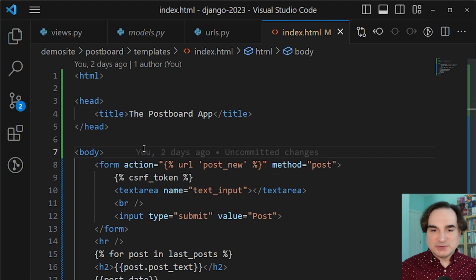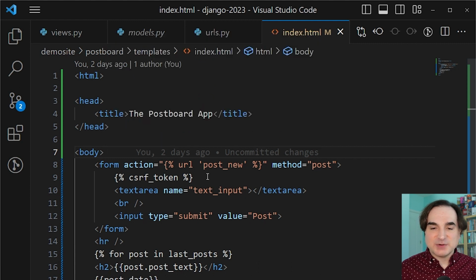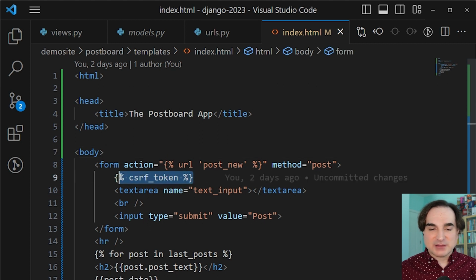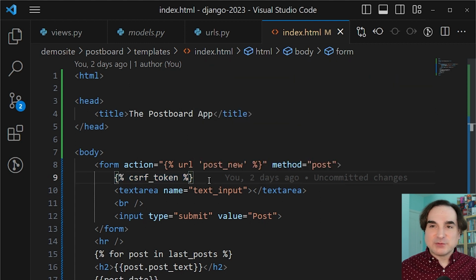unfamiliar. Django gives us a slew of utilities that can be used in things like forms, and one of them is a standard way to prevent cross-site request forgeries, or CSRF attacks. This is a common vulnerability in a web application, and Django gives you a way to prevent it. So we have this variable, CSRF token, and Django provides that to us as a way to ensure that the form we're submitting is in fact a form it generated.